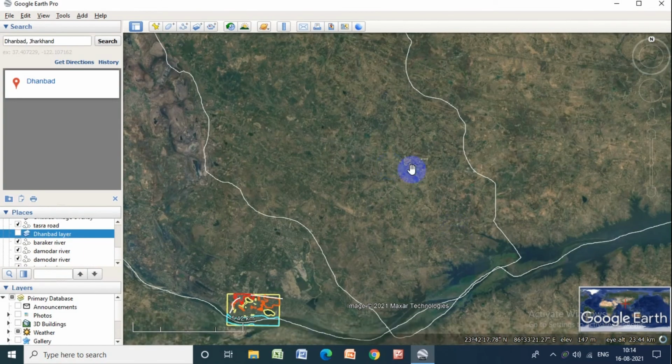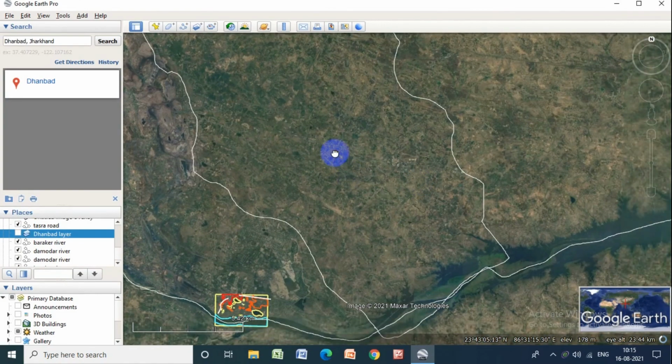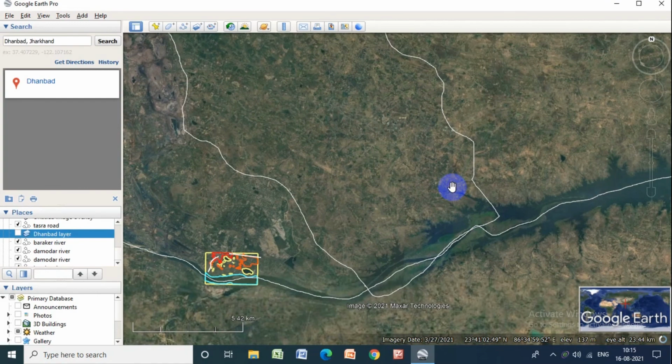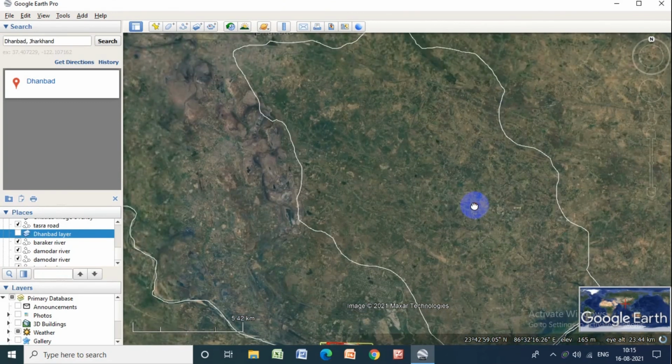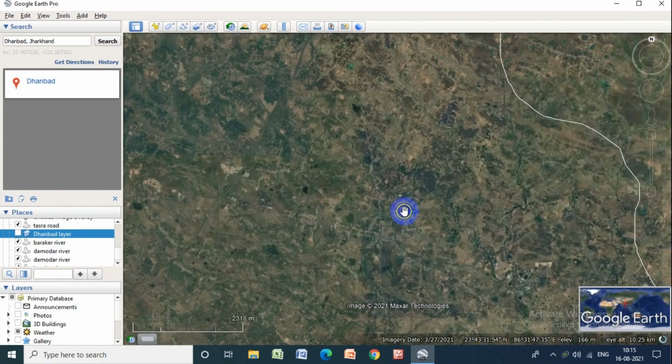Now we have the boundaries of Baliapur block in Dhanbad district. So in this way we got the boundaries of Baliapur, which were earlier unknown, and now we have boundaries and we can do any exercise within this boundary.